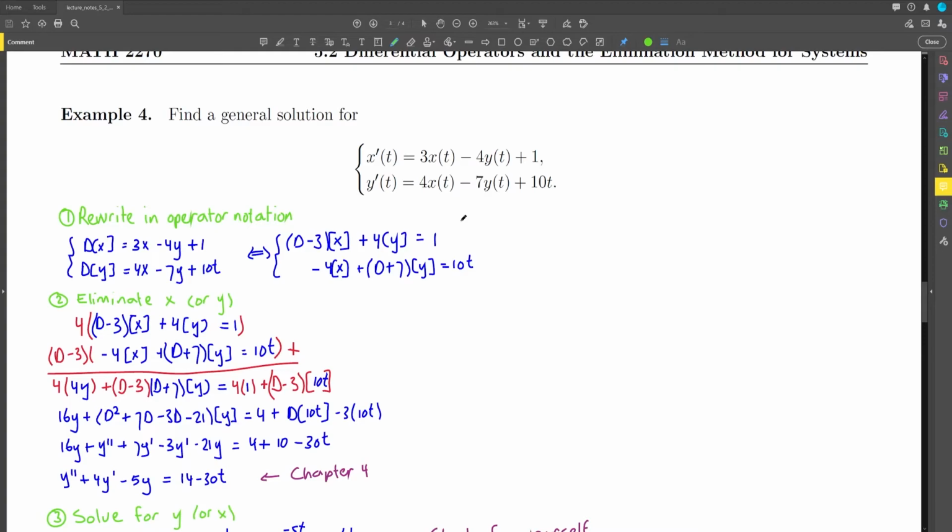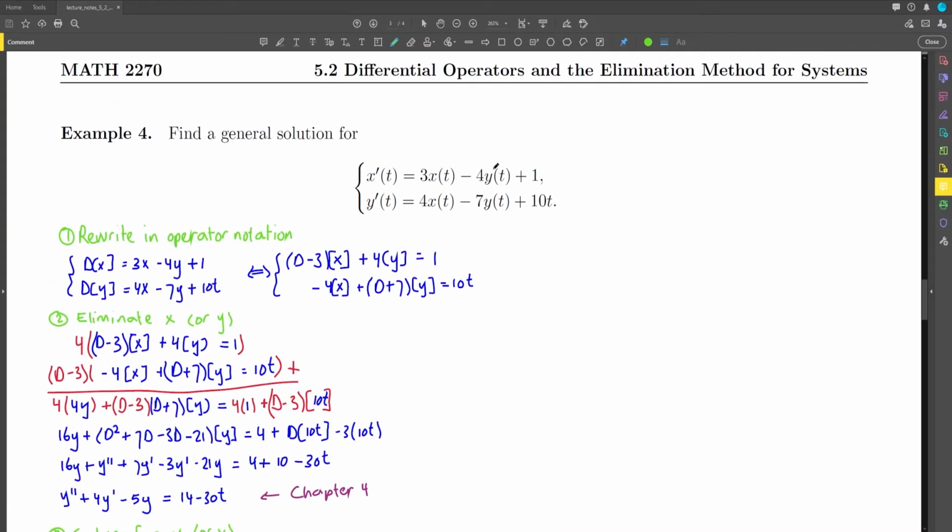So we have two options, right? We know what y is. So we can either substitute it in here, or we can substitute y and its derivative into the second equation. Now, if we plug it into the second equation, we first need to find y prime,